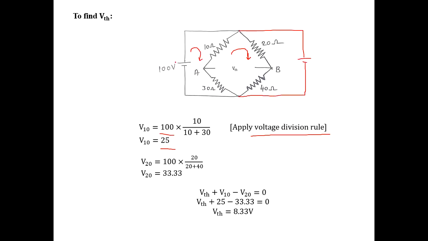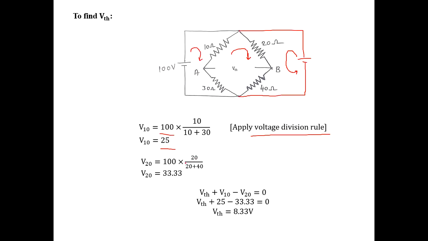If you rotate this voltage on this side, our circuit will be like this. This is the voltage. Then the current flowing direction is from positive to negative, which means the opposite direction, the clockwise direction. Next, we have to calculate the voltage drop across this resistor. V20 is equal to the total voltage, 100, into the particular resistor 20, divided by the sum of the resistors, 20 plus 40,